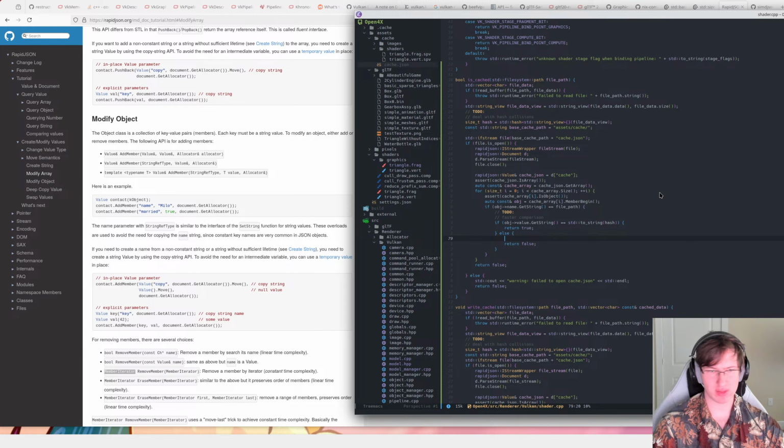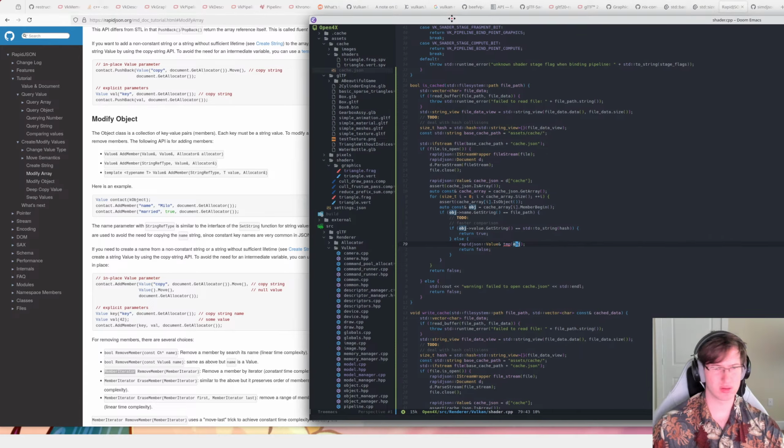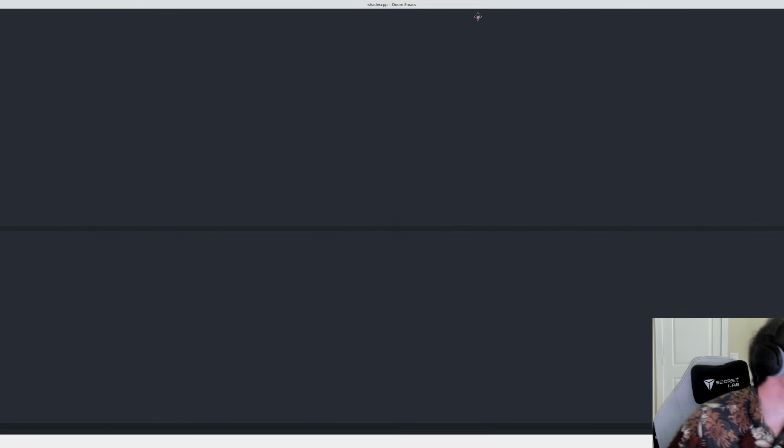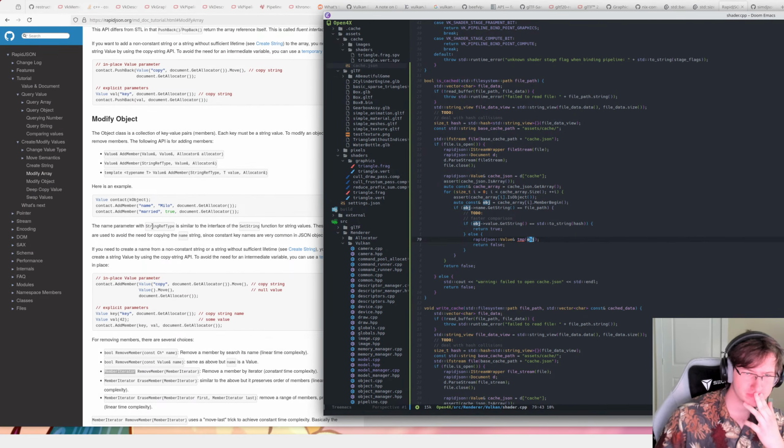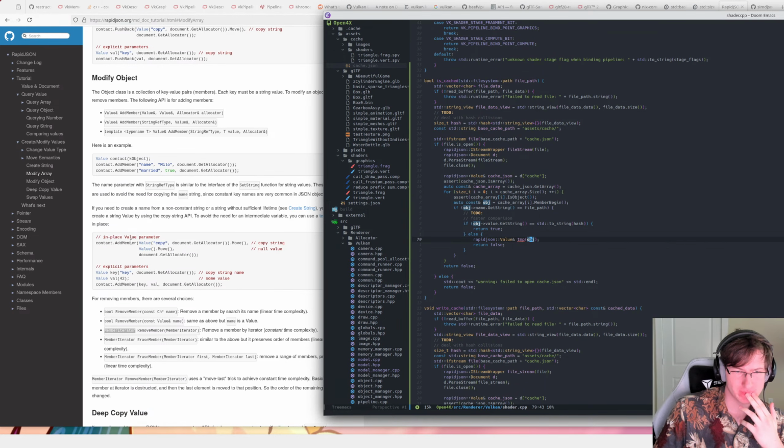So do I do something like this? Do I say like value or rapid JSON value tmp, and then this takes object? Is this how this works? No, because it's an iterator. This is so confusing. In place value parameter. If you need to create a name from a non-constant string,